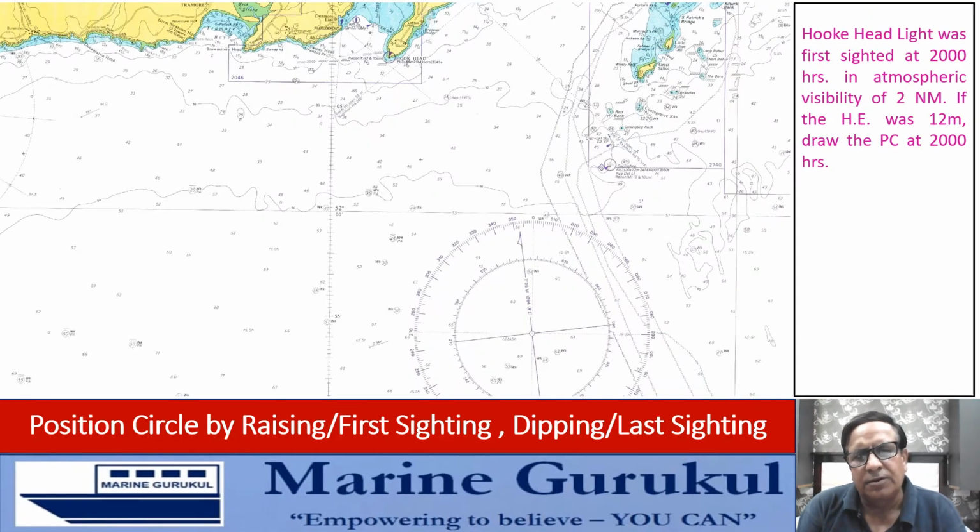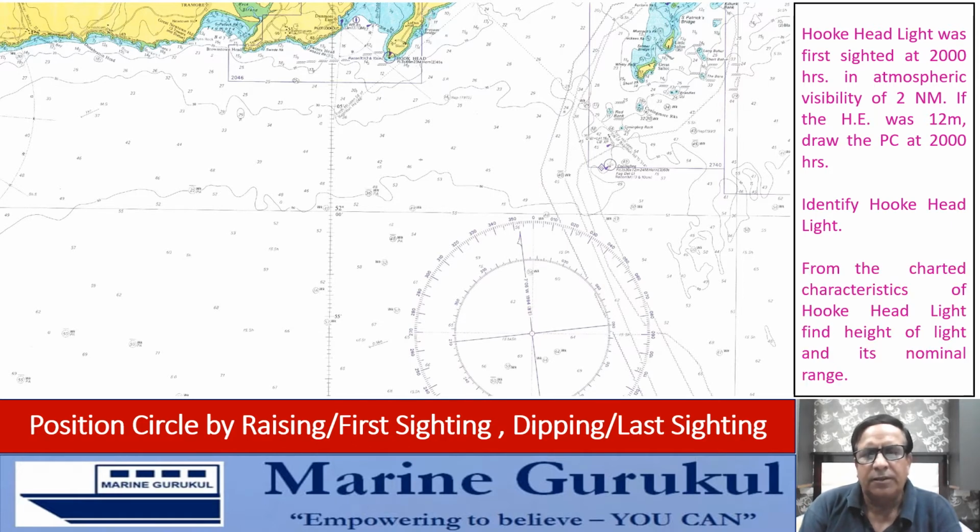So now let's look at drawing a position circle by first or last sighting through this simple example. Hook headlight was first sighted at 2000 hours in atmospheric visibility of 2 miles. If the height of eye was 12 meters, draw the position circle at 2000 hours. Let's first identify hook headlight on the chart, and from there we pick up its characteristics and we use the